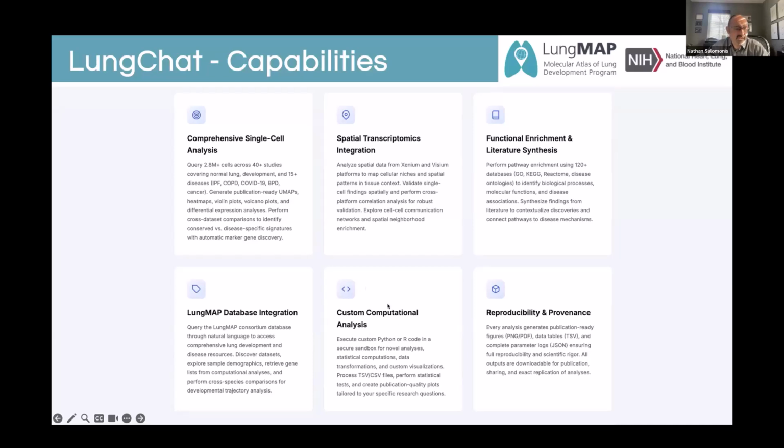However, in some cases where there is a need for custom code, custom code can be generated on the fly through these models to generate custom visualizations. We generally don't focus on those because we want to focus on the reproducible code, which is not subject to AI-based hallucination. And so reproducibility is a central component of this ecosystem. There are PDFs, PNGs, text files, JSON, logs, and interpretation of that data that's generated at pretty much every step in an analysis.